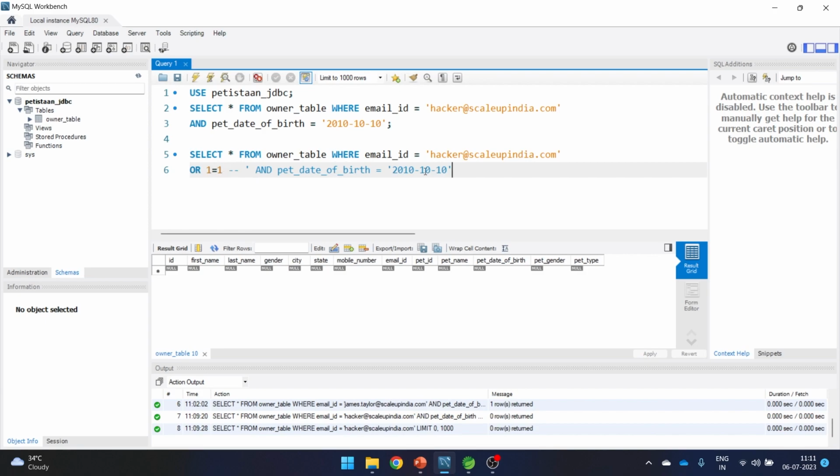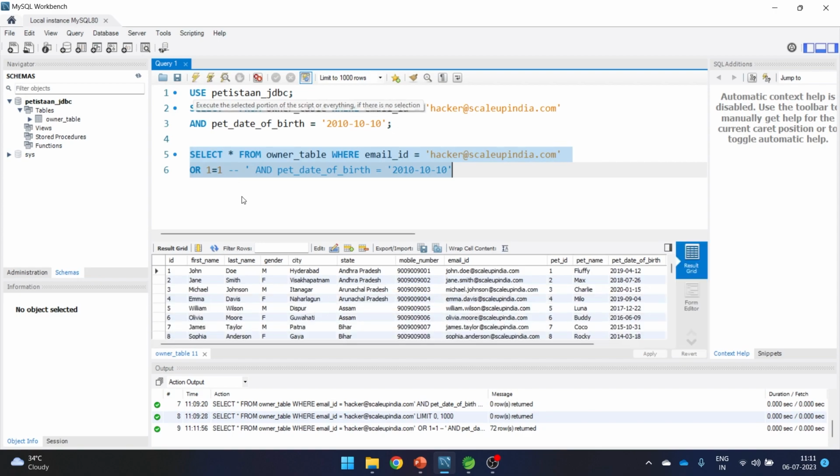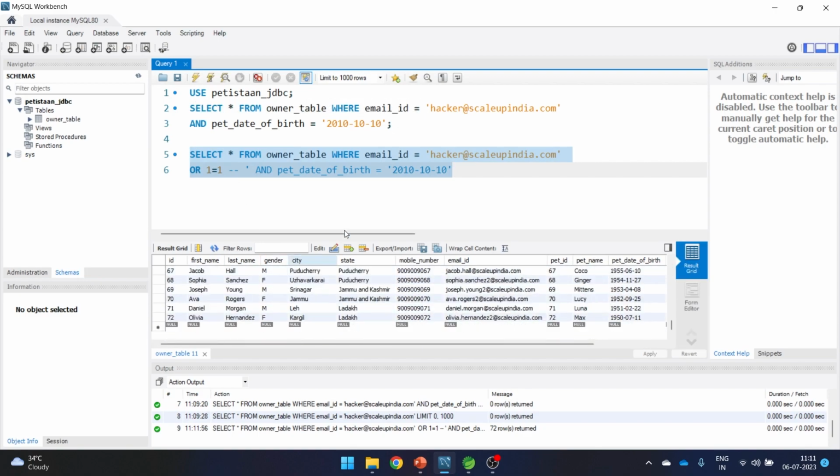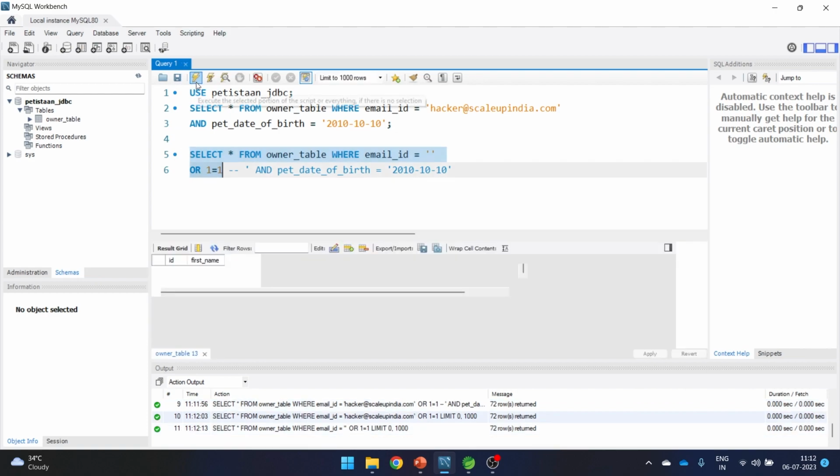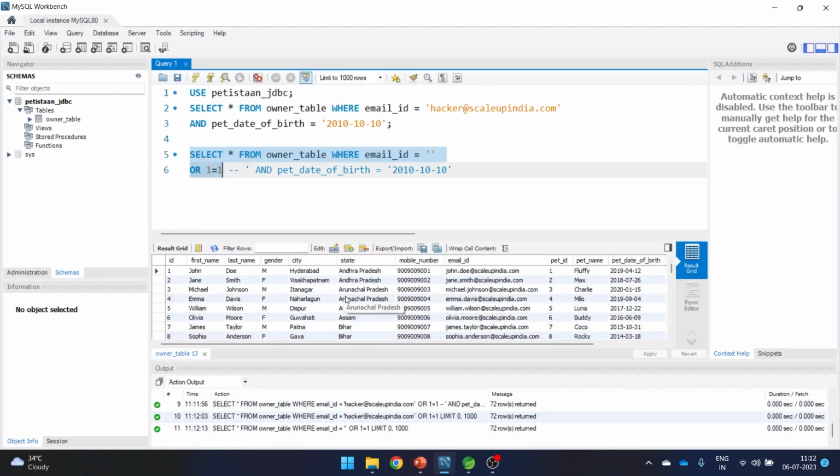Now on executing this, if I execute the whole thing, then I can see the data of all the users, or if I just execute this particular part, then also I can see the data of all the users. Or even if I provide this as empty, something like this, then let's see. If I select, then also I can see the data of all the users.